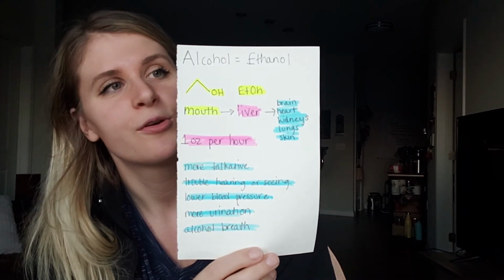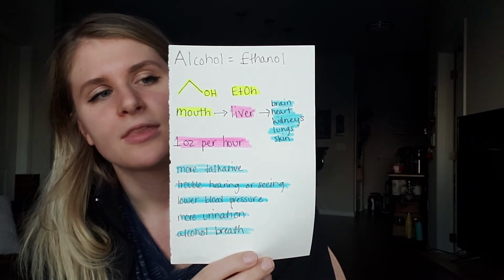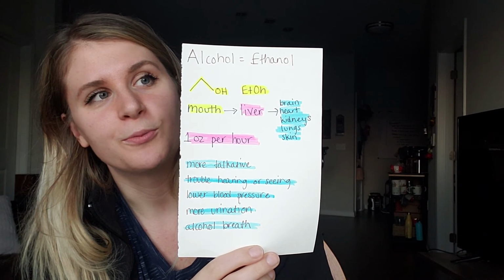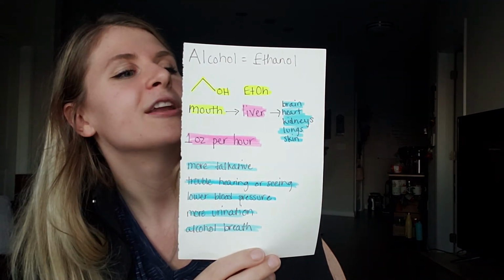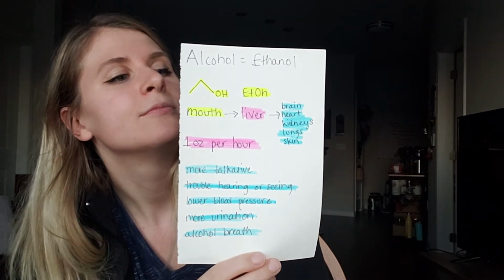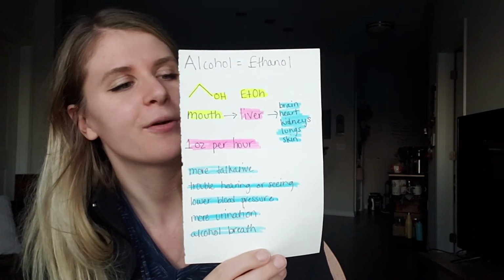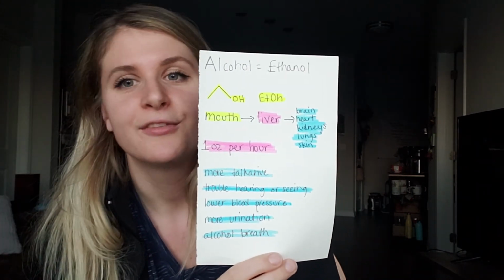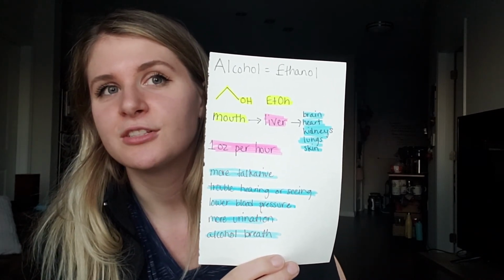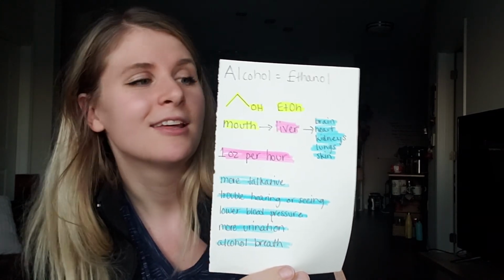So I hope that this video made sense. We got alcohol, you consume it, it gets metabolized in the liver. If you drink more alcohol than your body can metabolize, you get drunker. It affects almost everything in your body, makes you pee more, so drink more water. A glass of red wine is a-okay with the Mediterranean diet. If you have any questions about alcohol specifically, dietitians and doctors would be able to tell you.